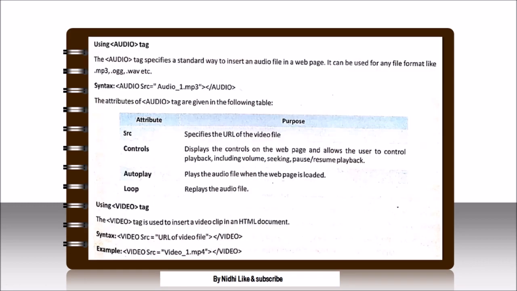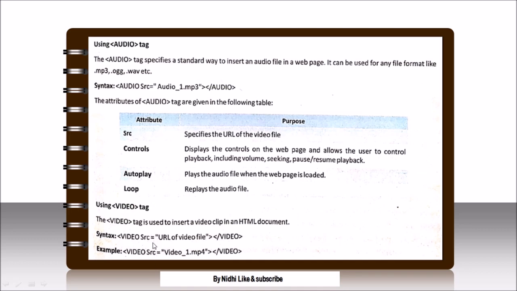With the embed tag, it also triggers the application and comes into action to play the embedded file. For audio, there is another tag, the direct audio tag, that will place audio, and these are the attributes of the audio tag. Source means from which audio you want to play. Controls means it has playback, volume, seeking, pause and play. Autoplay means the audio will play automatically, and loop means whenever it finishes it will execute again.